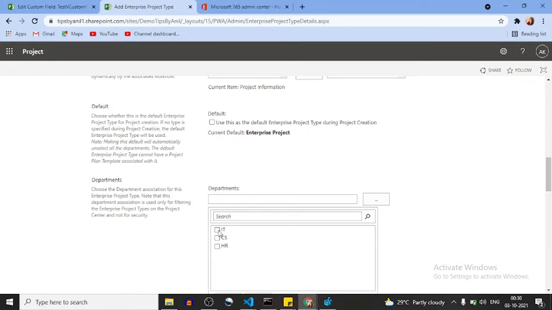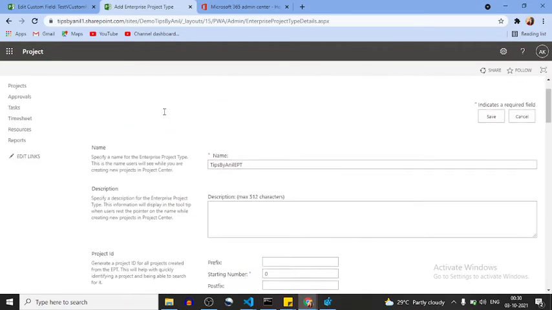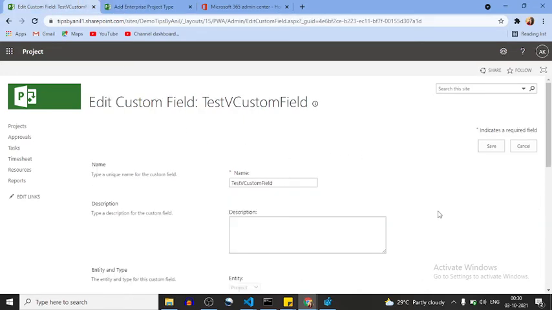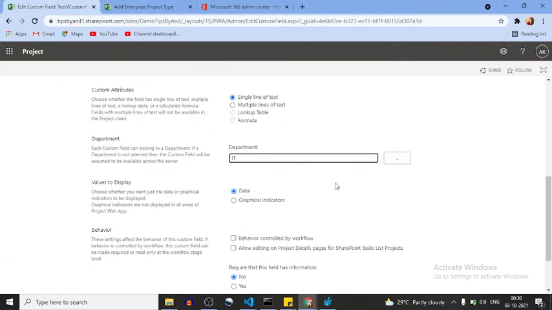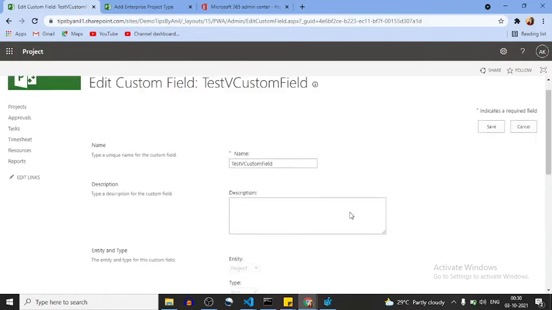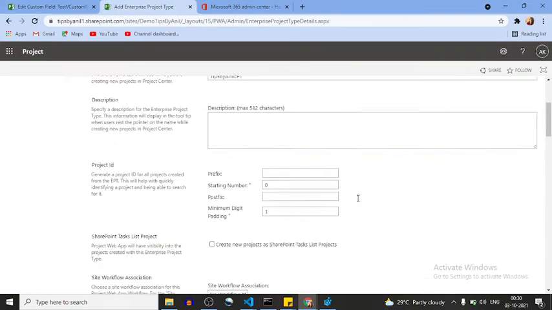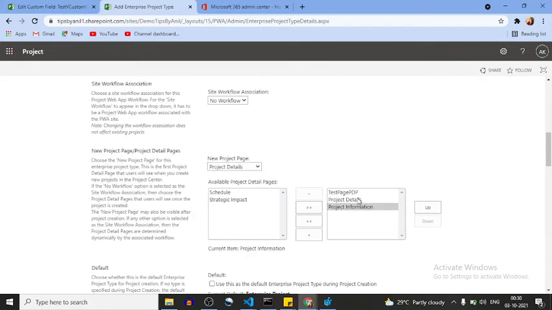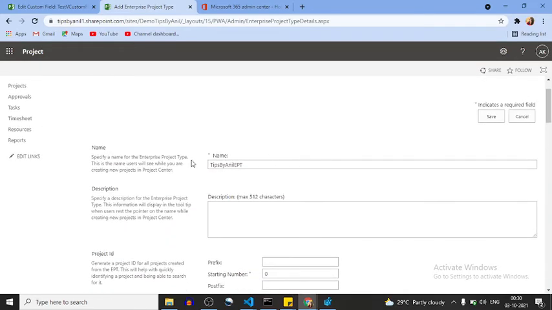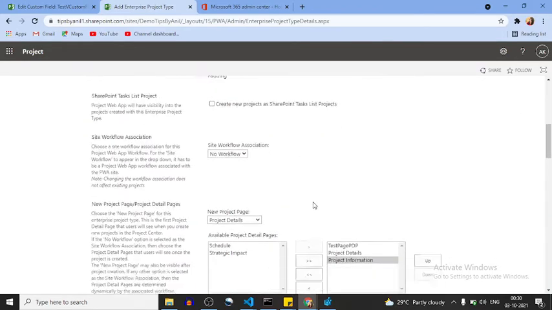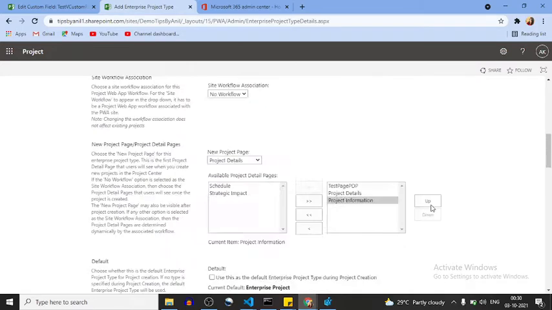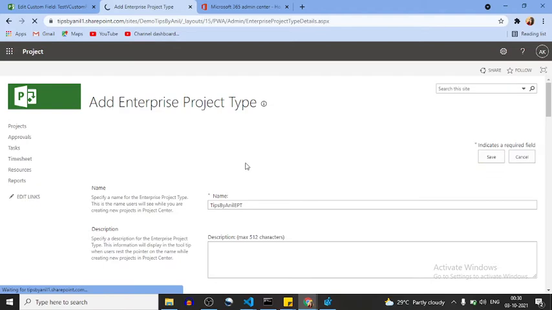Okay, I think you are understanding what I'm trying to say. Suppose you are going to create an IT type department custom field. This IT type department custom field, you can add to your PDP that is configured in Tips by Anil, and that is related to the IT department only. Okay, click on the save button.